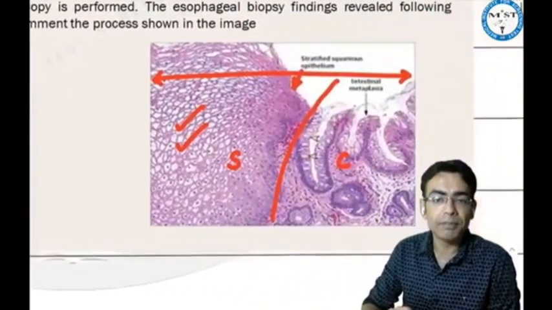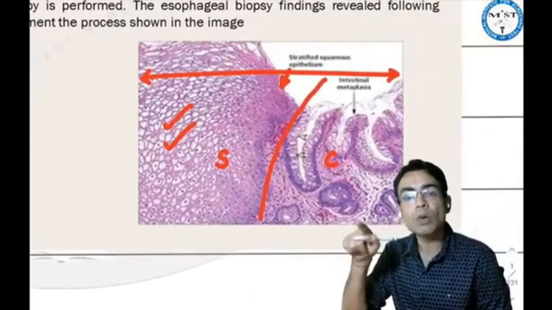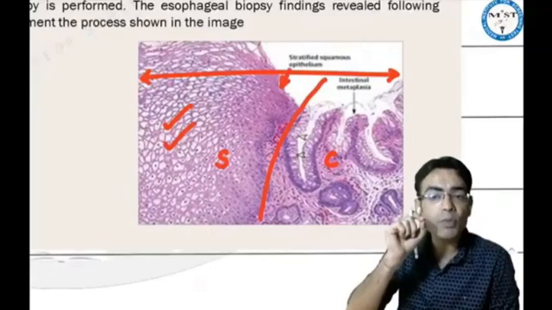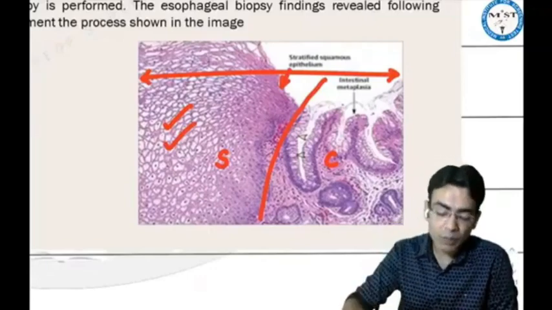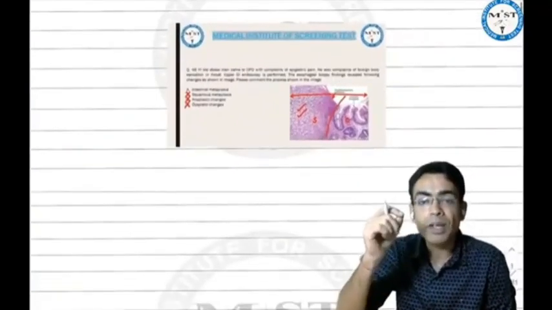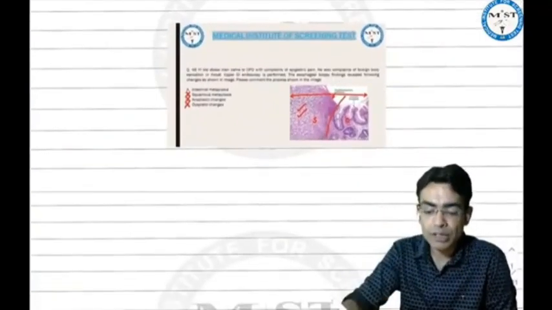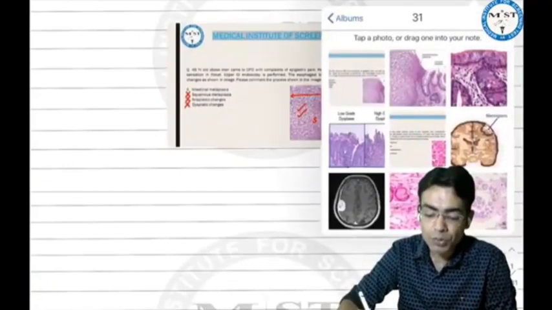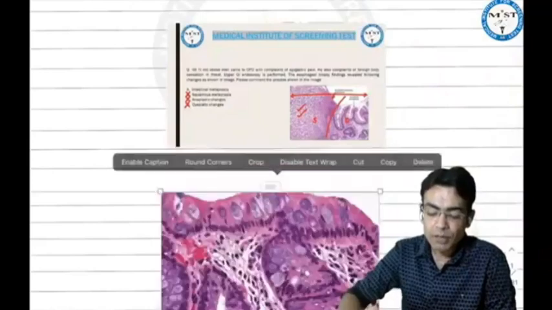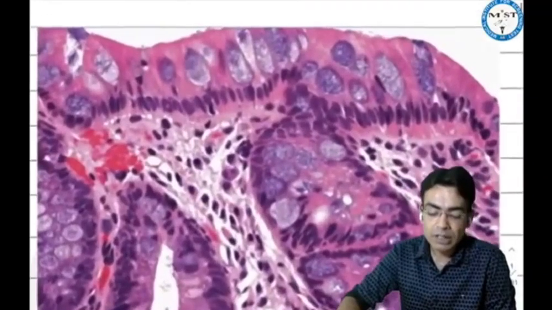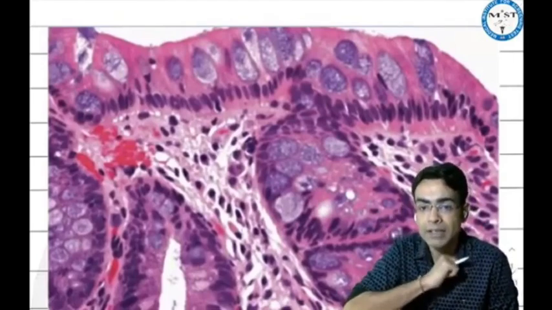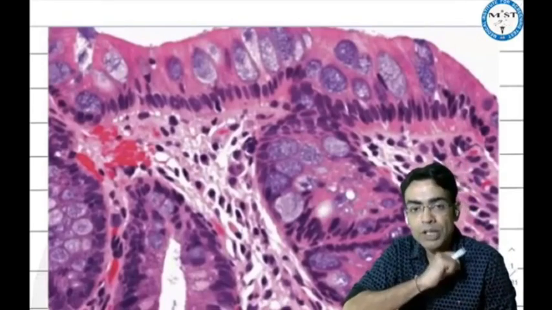Now what is it then? It is squamous converting into columnar, a metaplasia. So it's an example of columnar metaplasia. But I hope you remember that I told you one more thing: whenever we are talking about something related to esophageal changes, when you are seeing this, you have to remember this image. Now this is the image which is going to give you a very high insight. Now what are you seeing in this?